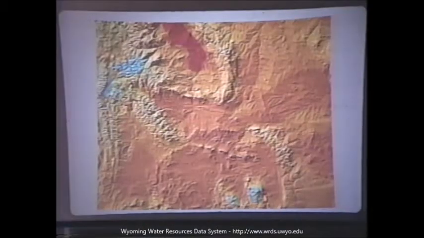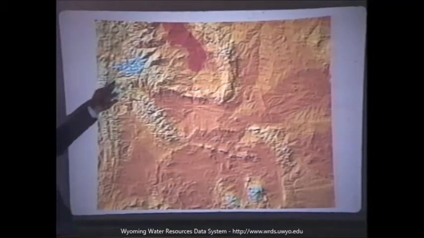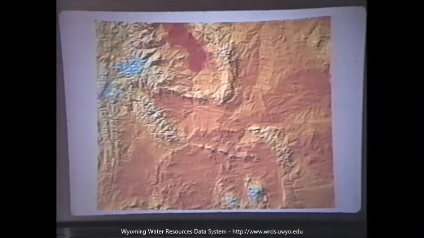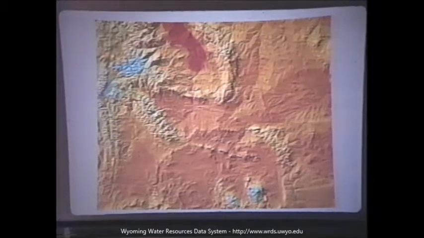This shows water balance. In many ways, this is the key map in the Water Atlas because it demonstrates more than any other, I think, the critical nature of water in a state such as Wyoming. The blues and the greens, here and here, are the only areas on the map that have a positive water balance. More water comes in than leaves. All of the rest of the state is in a negative water balance, which means more water leaves than comes in. The impact of that upon